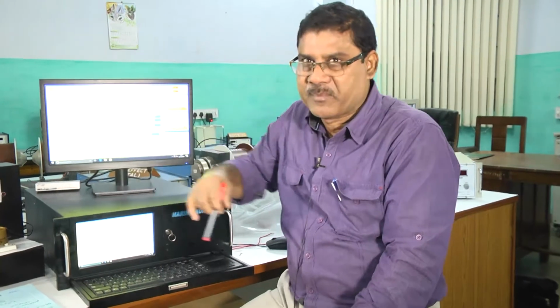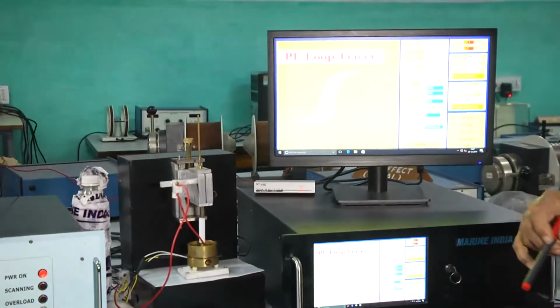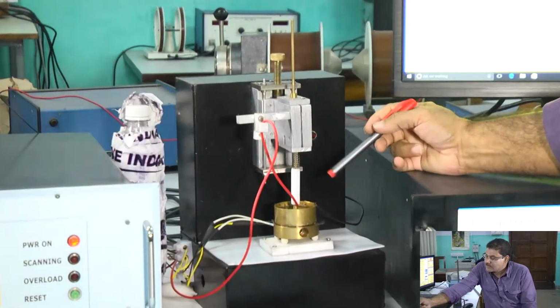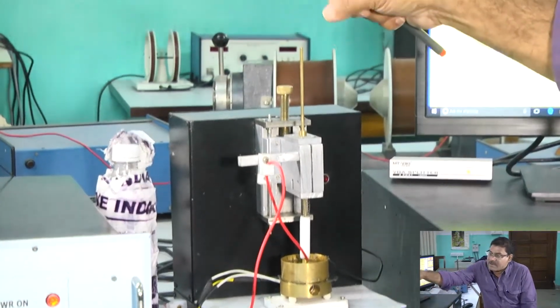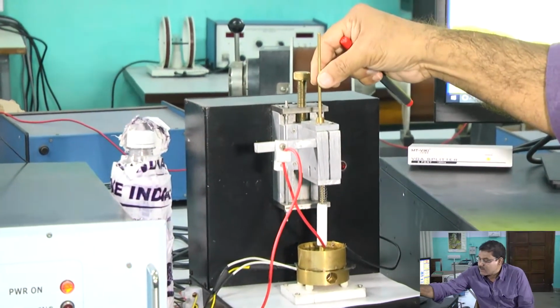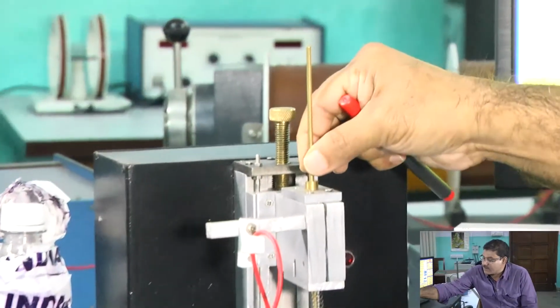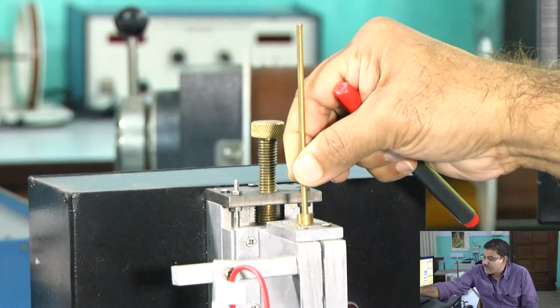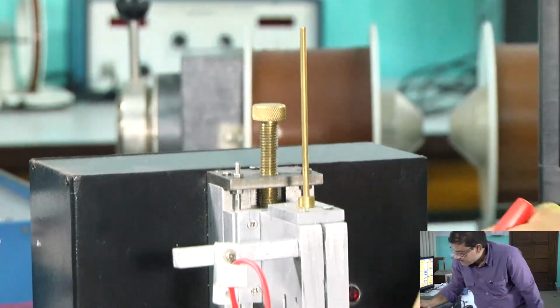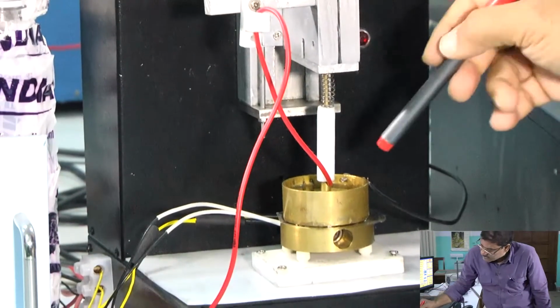Here, basically, I will show the sample. This is one electrode, this is the other electrode, and one tablet-type sample is placed here.